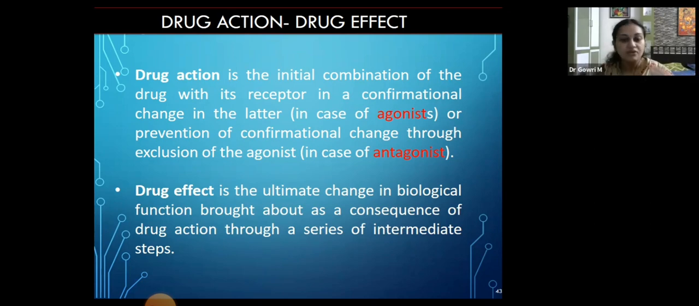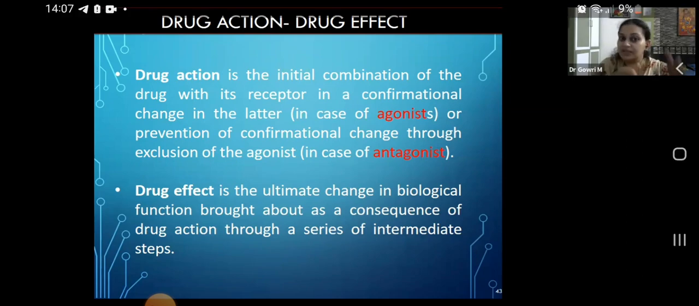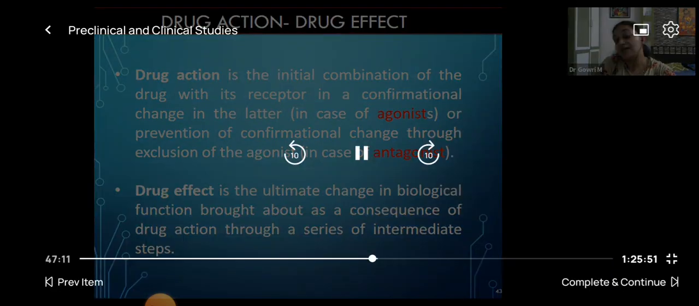Next, drug effect. Drug effect is the ultimate change in biological function brought about by the consequence of the drug-receptor combination. What is the physiology that is going to happen in the body based on this promotion or this mediation? That is drug effect. So this is drug action and drug effect. Drug action is the kind of action the